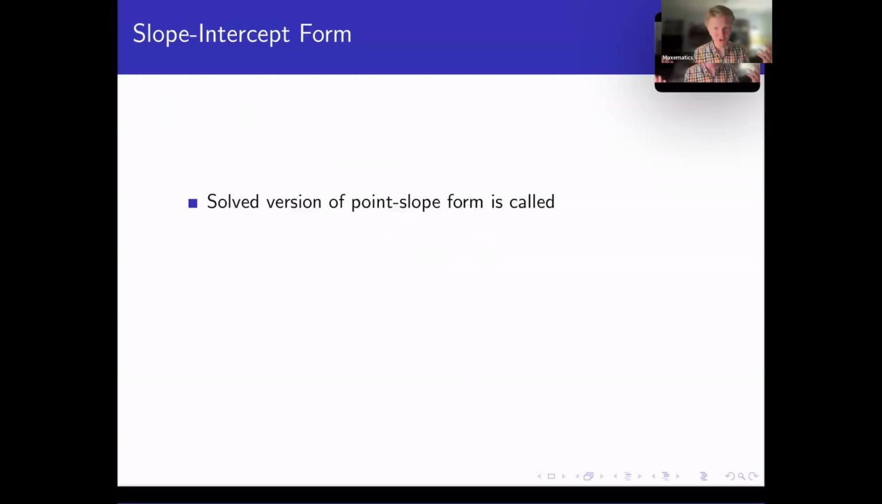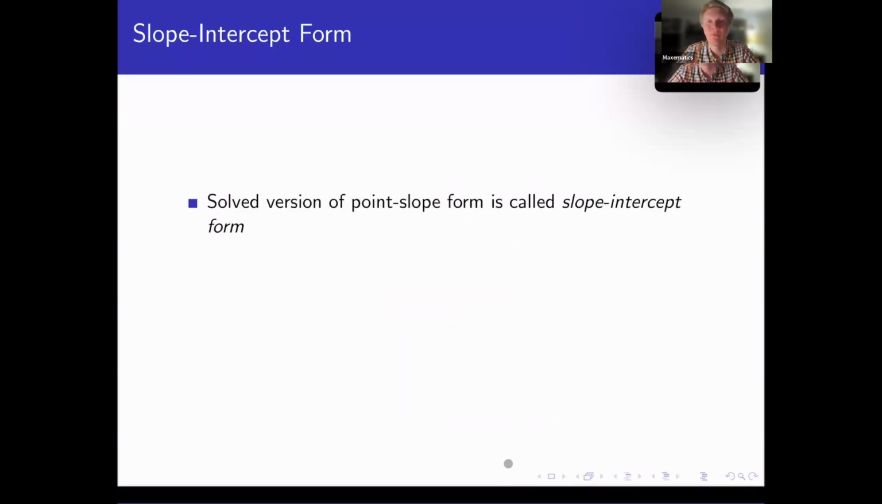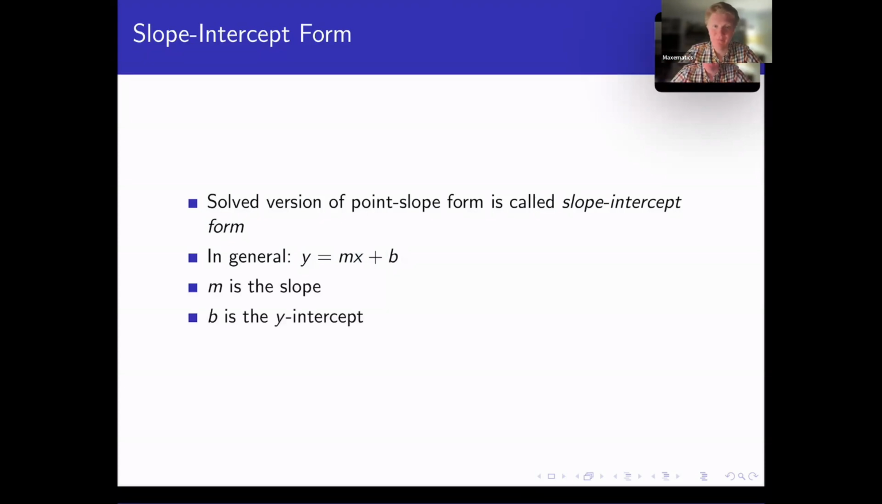Now, this solved version for point slope, right? Point slope is this version right here, or the one that we had on the previous slide. But this solved for version, this kind of cleaner version, is called slope intercept form. Because what we have is the slope m, okay, surprise, surprise. And what so happens to be the case is that b is the y-intercept. Think about that. Y-intercept is when we set x equal to 0. So if x is 0, well, m times 0 is just 0, and then 0 plus b is just b. So m is your slope, b is your y-intercept, hence